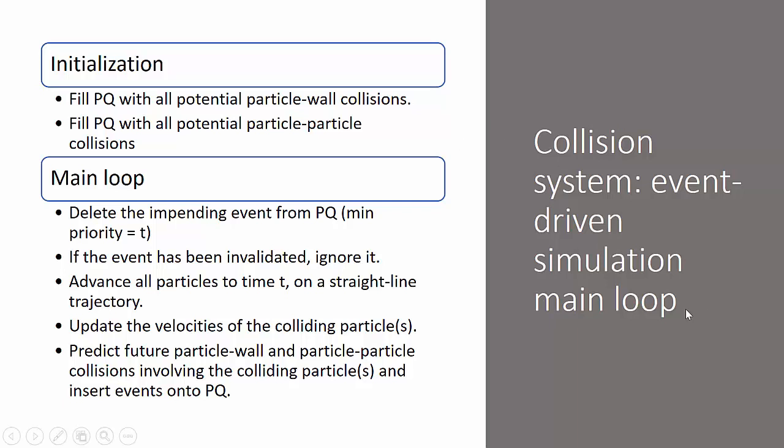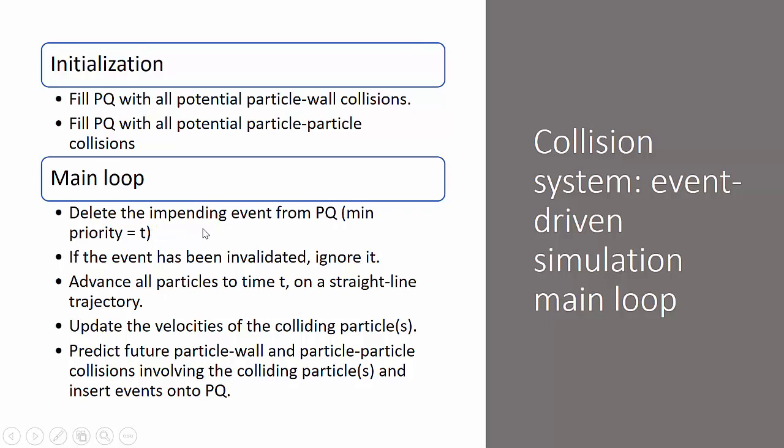And so the simulation loop works like this. We fill the priority queue with all potential particle-wall collisions, and there can be up to n squared things in there. And then we fill the priority queue with all potential particle-to-particle collisions. A particle can collide with the walls or collide with other particles. And then, in the main loop,